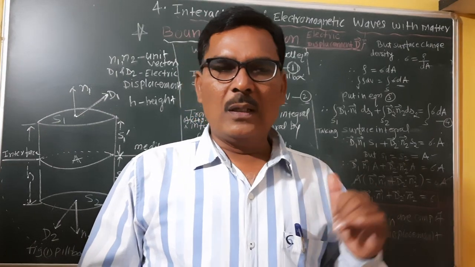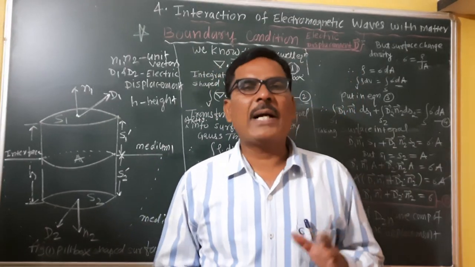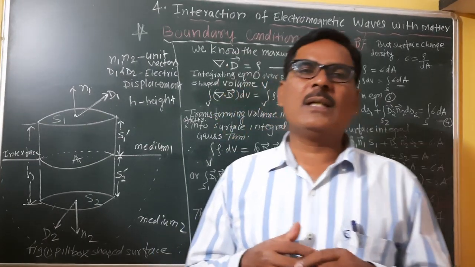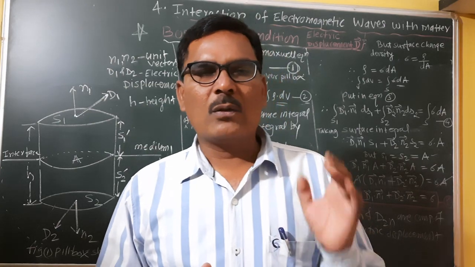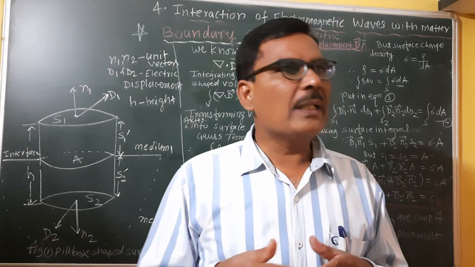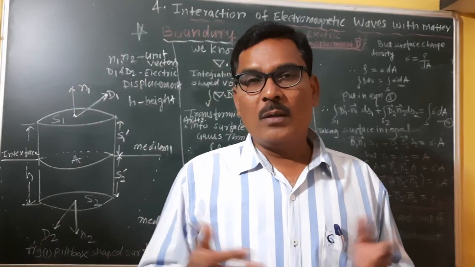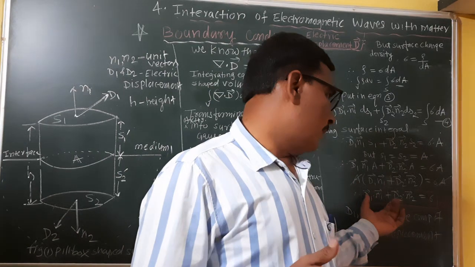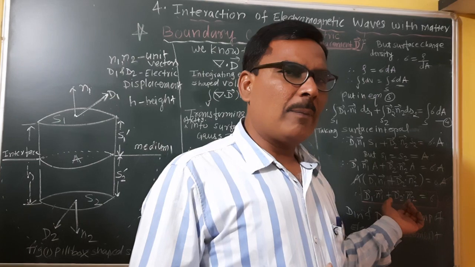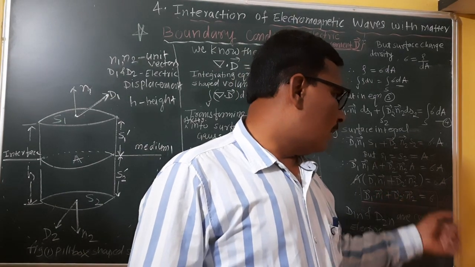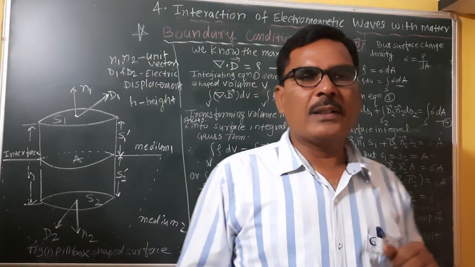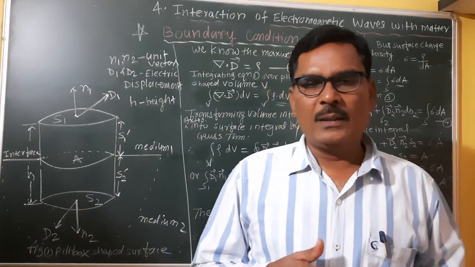This is very important. Write down everything. A question may be asked on it: explain the boundary condition for the electric displacement vector d bar. This question may be asked for 10 marks. Nowadays we also discuss multiple choice questions, so this equation is important: d1 bar dot n1 bar plus d2 bar dot n2 bar is equal to sigma. This condition is important for the displacement vector. We have to remember it. Thank you.